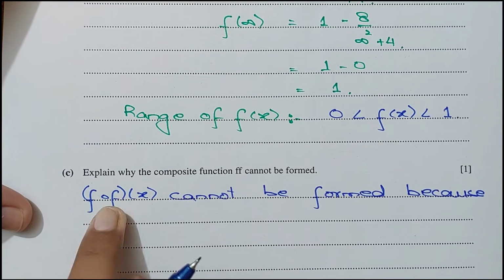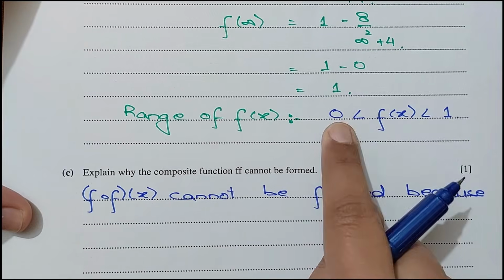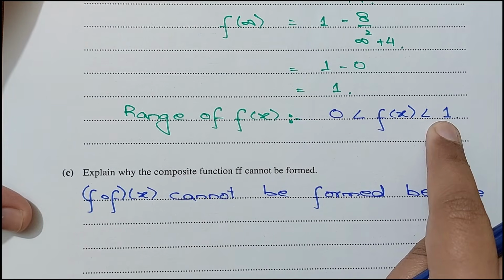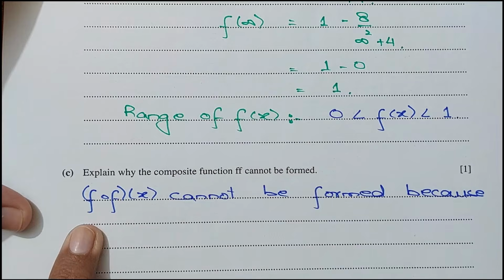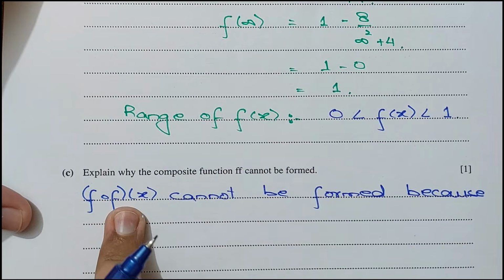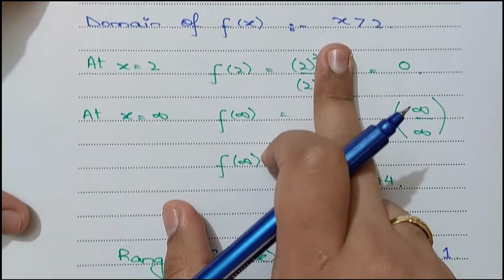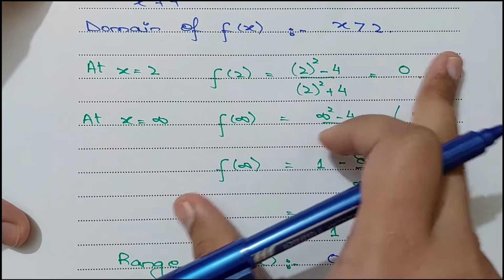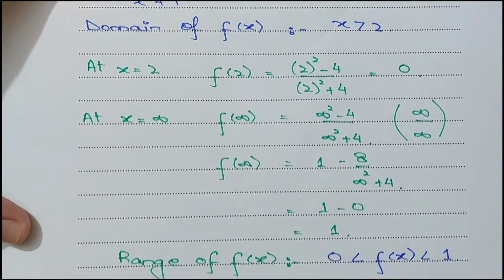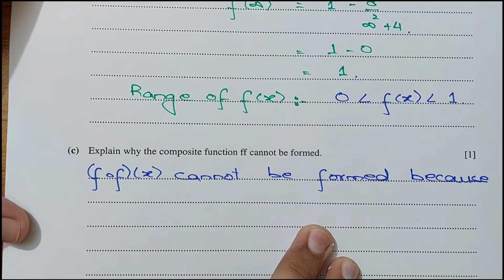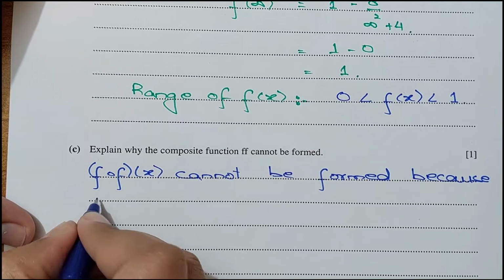What is the range of this f of x? The range of f of x is between 0 and 1, right? And this range must include the domain of the outer function. The domain is the values greater than 2, 3, 4, 5, 6, and this is between 0 and 1. So the range does not include the domain of the function,